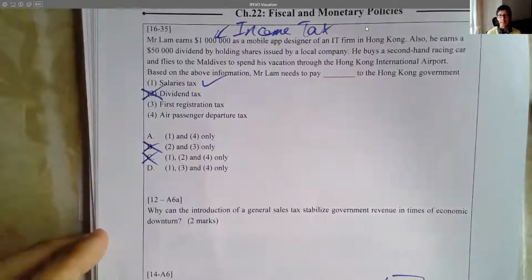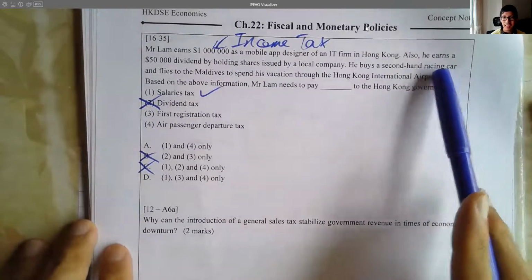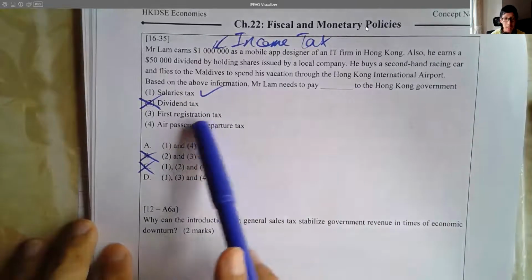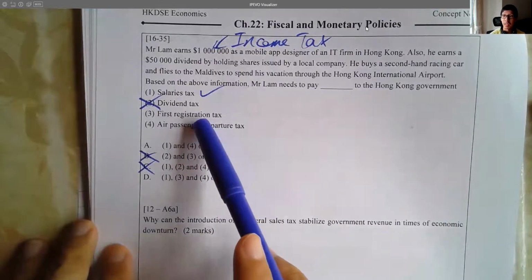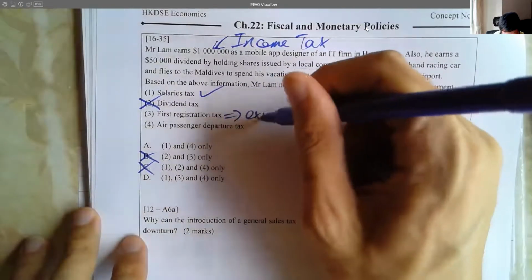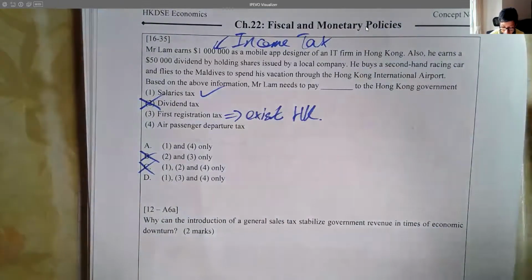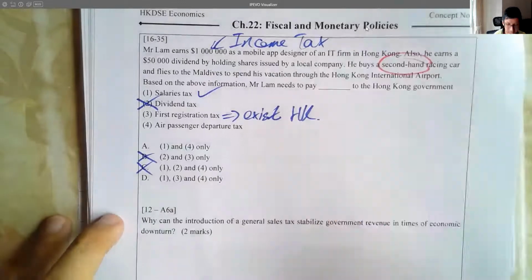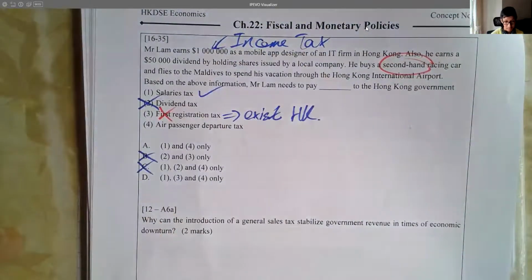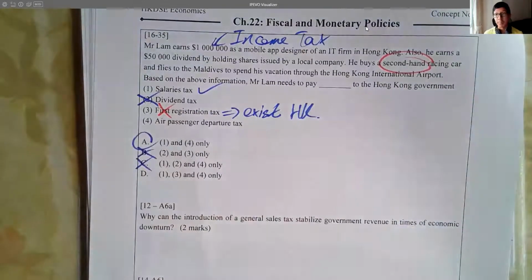係咪？一號仔要俾啦。好啦，第三個啦。Buys a second-hand racing car. So second-hand, do you need to pay first registration tax? Now remember, it exists in Hong Kong. 嗱，香港係有首次登記稅㗎。Only that this time we are talking about second-hand racing car. So no first registration. 係咪？冇啦，所以啦，14啦。